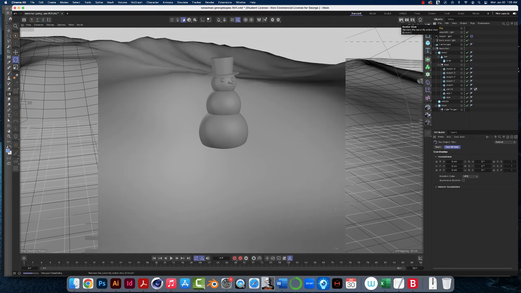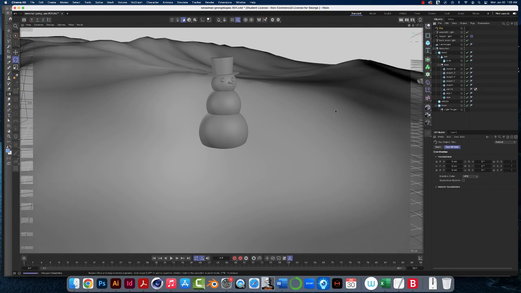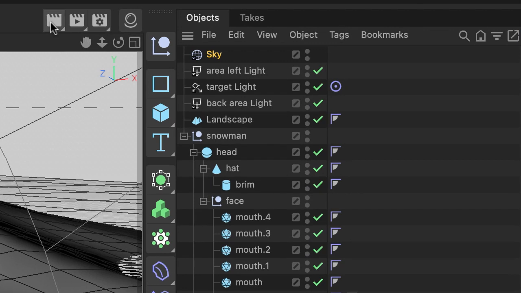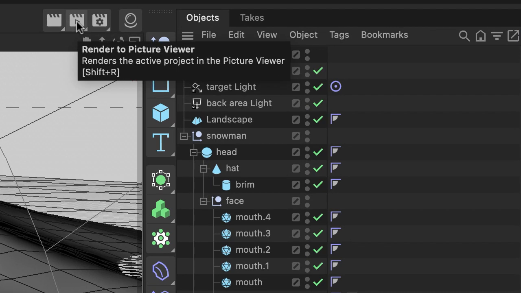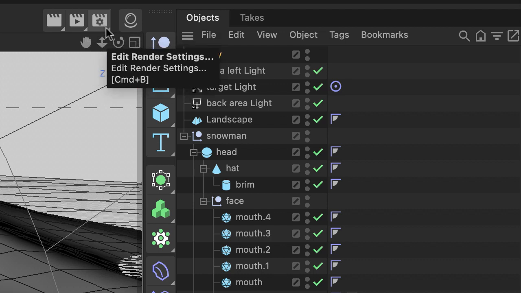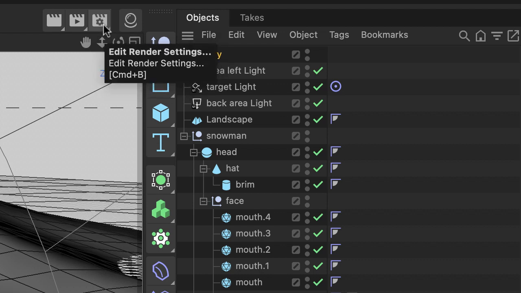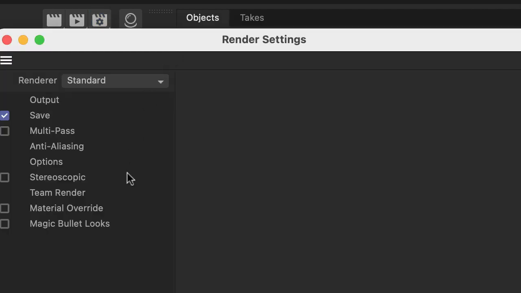That's because we have to activate something in our render settings. So again, up here in the clapboard, the render view we've been using, and render to picture viewer that exports it as a JPEG. We'll do that later. But this one, render settings, is new. So let's click on the drop-down menu, choose Edit Render Settings,